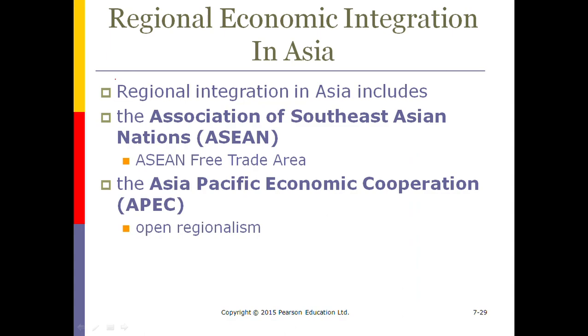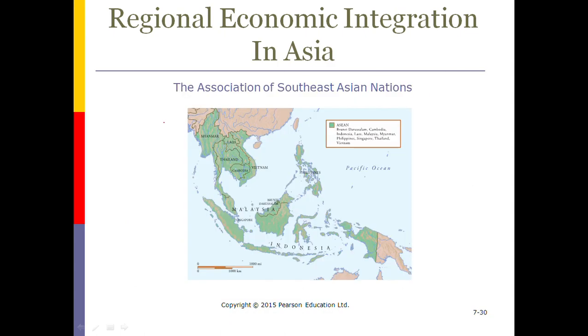In the Asian region, as I showed you in the previous slide, the first integration is ASEAN, that is Association of Southeast Asian Nations, and the second is the Asia Pacific Economic Cooperation, that is APEC, where there is an open regionalism, meaning that countries of that region could trade between each other with the same tariff agreements. So Southeast Asia actually falls just below China and goes up to maybe above Australia. Those countries like Malaysia, Indonesia, Vietnam, Philippines, and all, they form the Asian regional integration.